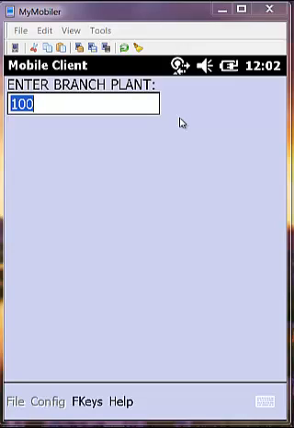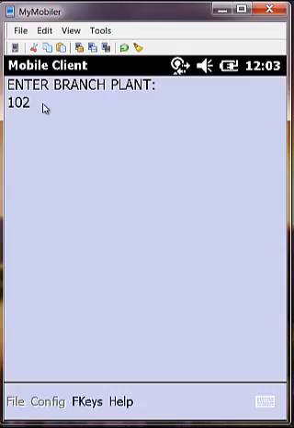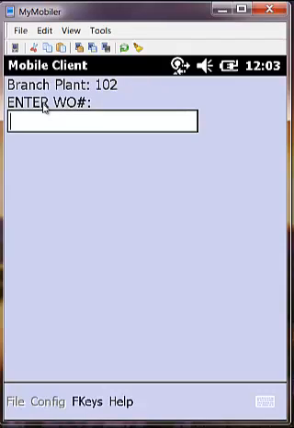So after I enter 102, that would be defaulted for all maintenance users as 102. My default is 100. That's why it's asking me to enter that. So I'd enter my work order, hit enter,